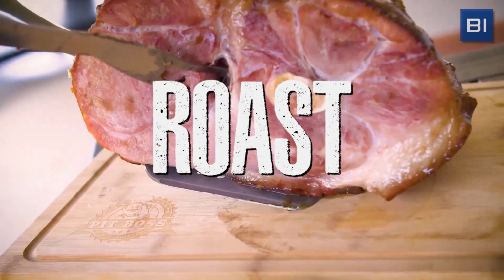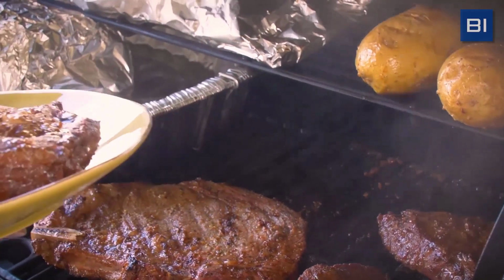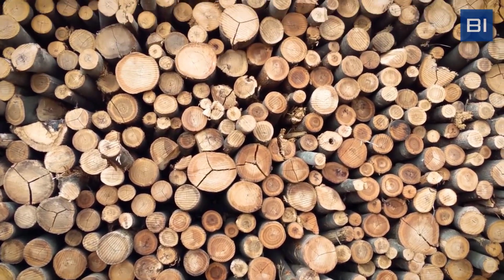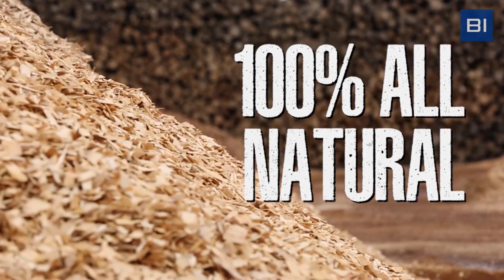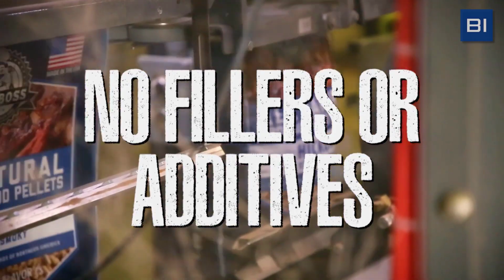all in one machine. Using innovative flame broiler lever, you can achieve instant direct or indirect heat at a temperature range of 180 to 500 degrees Fahrenheit. The digital control board allows you to set and monitor grill temperatures without opening the lid, so you can set it and forget it. Let your Pit Boss do all the work for you so you can spend more time